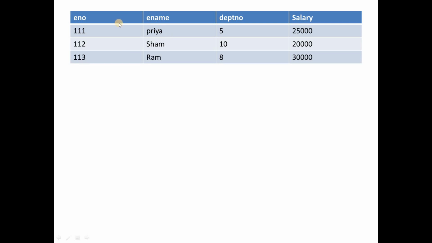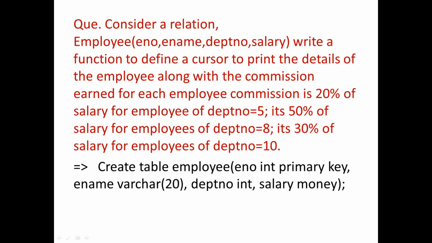So first of all, employee number is 111, having name Priya, and she works in department number 5, having salary 25,000. Then the second value is employee number 112, which is Sham, working in department number 10, having salary 20,000, and third is Ram, working in department number 8 and having salary 30,000. So these are the three records,